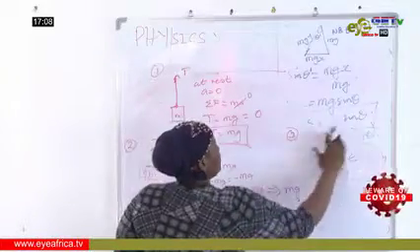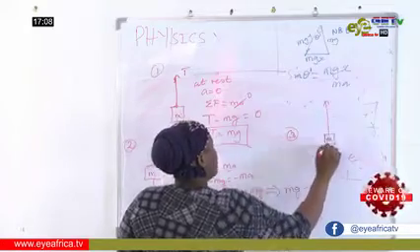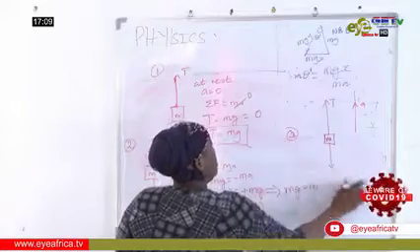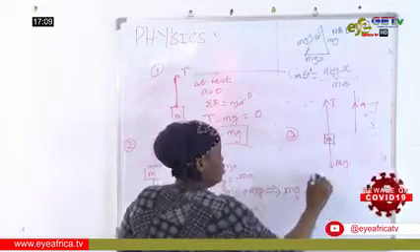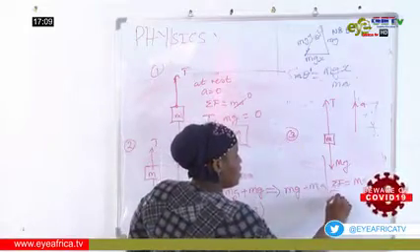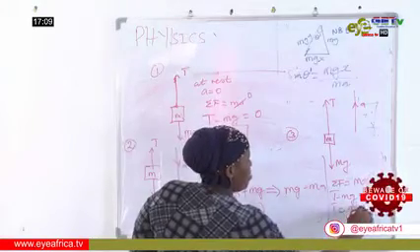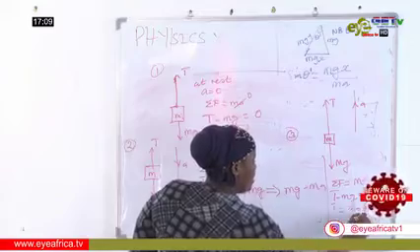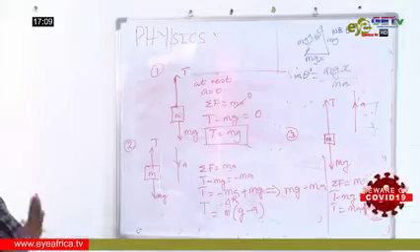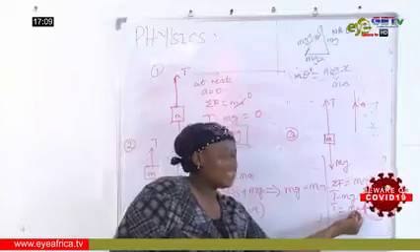Let's assume that the elevator is moving vertically upwards. That's the direction of acceleration. This is mg, and that's the tension. We will take Newton's law, sum of forces equals ma. The forces are T minus mg, which is equivalent to ma, and T becomes ma plus mg. And you've seen why I said the weight will be greater when the elevator accelerates vertically upward, because their weight is now being supported by an external force, ma.